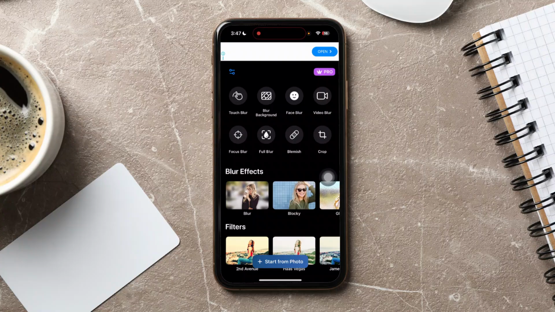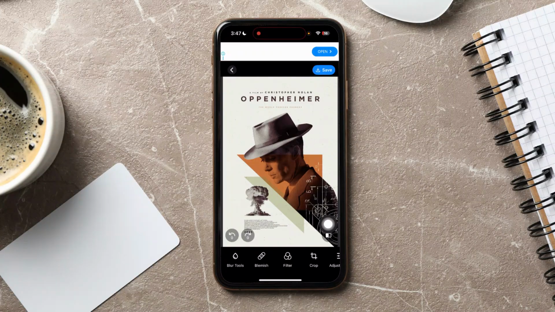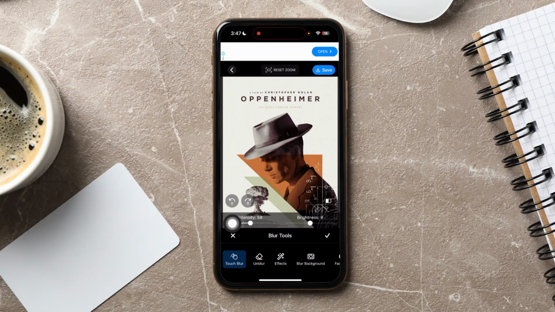Once you're here, tap on Start from Photo to grant the app access to your photos and select the specific picture you want to edit. After that, tap on Blur Tools. Here, select the Touch Blur tool to ensure the Blur tool is active and allows you to manually blur sections